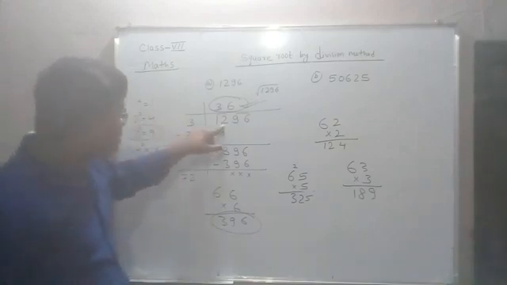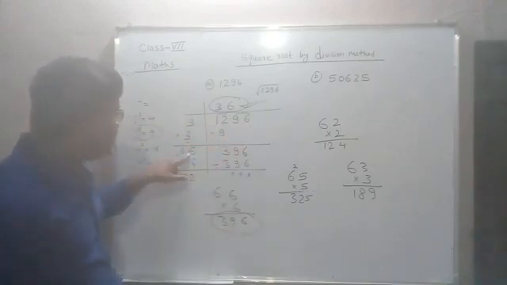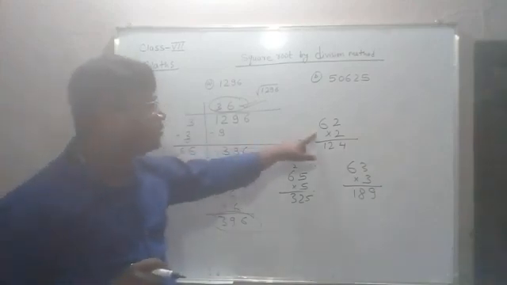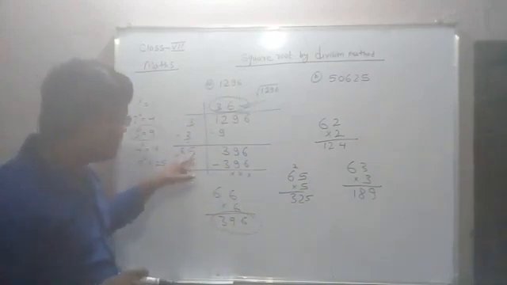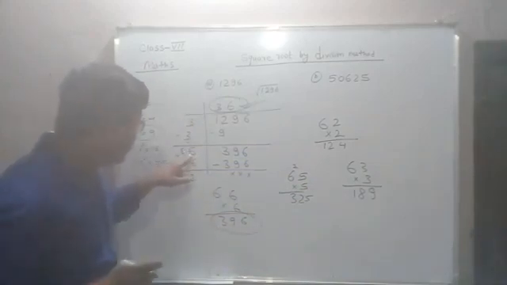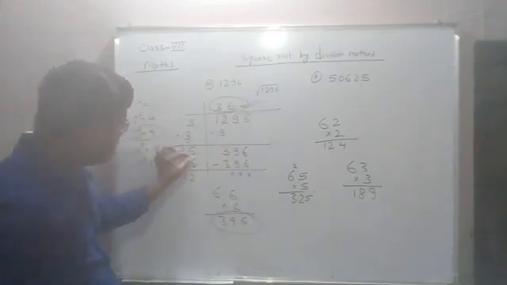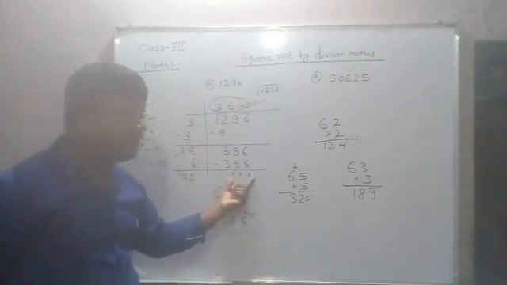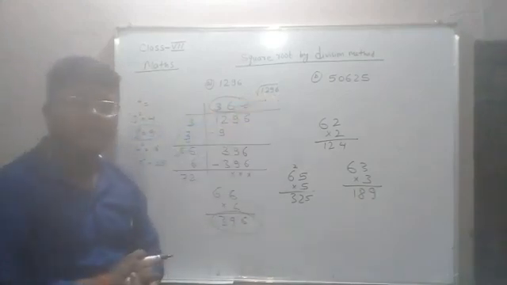After subtracting 9 from 12, we got 3. Now the next pair will come down. Now we need to place a number here. We can place any number, 1, 2, 3, but we have to select an appropriate number. For that I have checked here by 2, 3, 5, 6. By 6 it exactly goes. So I have written 6 here, in 3 places. Here I have written, here I have written, and here. Here you need to add and write. Multiply this and write here. Okay, so there is no remainder, so we got the answer 36. So the square root of 1296 is 36.